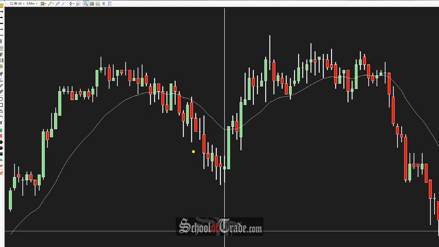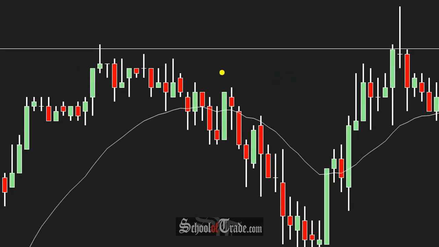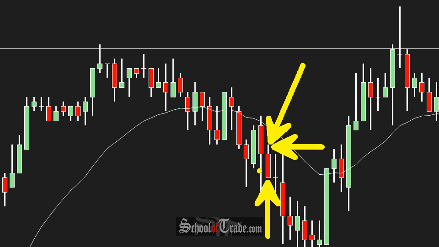Now, as we fell down here, what did we start to see? We had a couple of bearish trending candles. What I mean by bearish trending candles is something like this, where there's not really a lot of wick. If you're going to have wick, it's preferred to be on the top side for a bearish candle. You don't want to see much wick on the lows because we want it to close as close as possible to the lows. A perfect example of this is this candle right there. We have absolutely no wick on the lows, a little bit of wick on the highs,